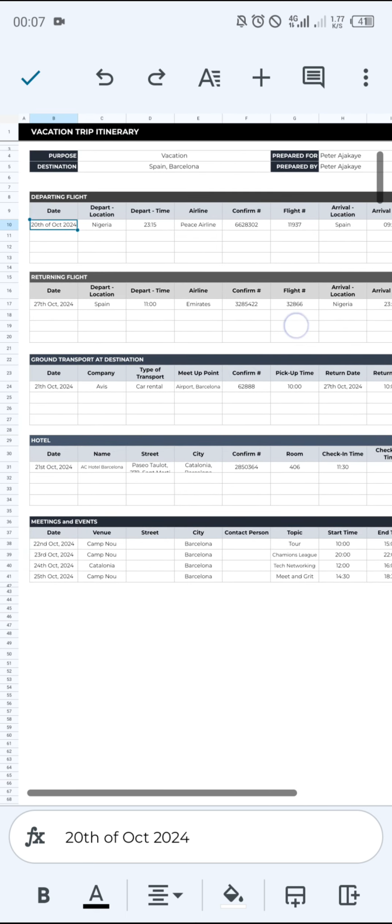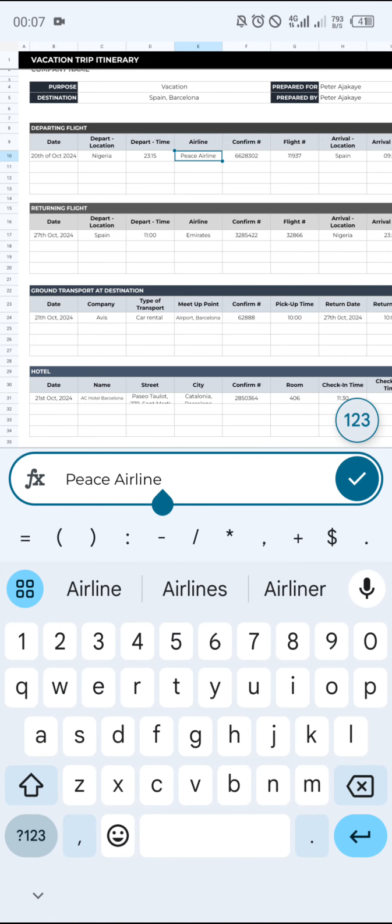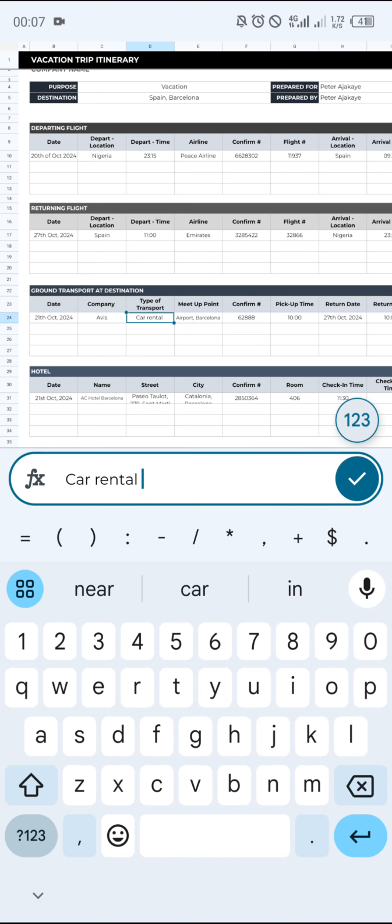You can choose to change it also. If you want to change it, just click on it. You can see something will pop up below here. When you click on anything, it will pop up below, so it is below that you'll be able to change it. Let's say you want to change this to